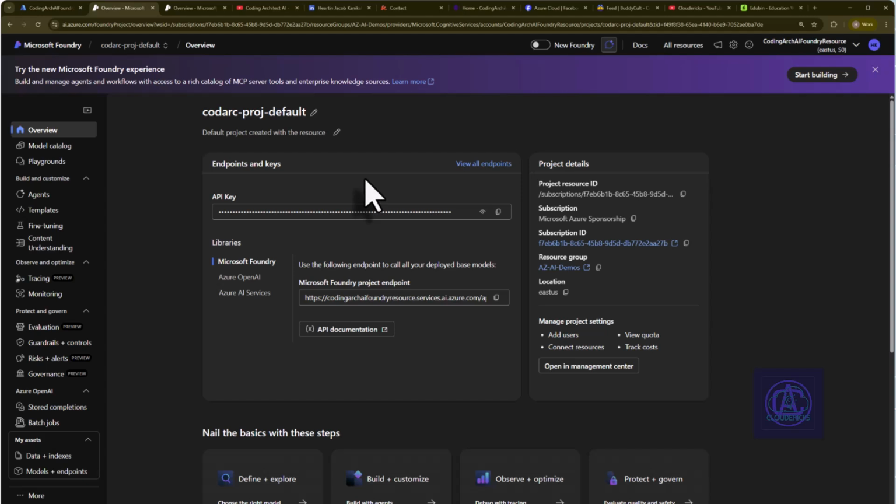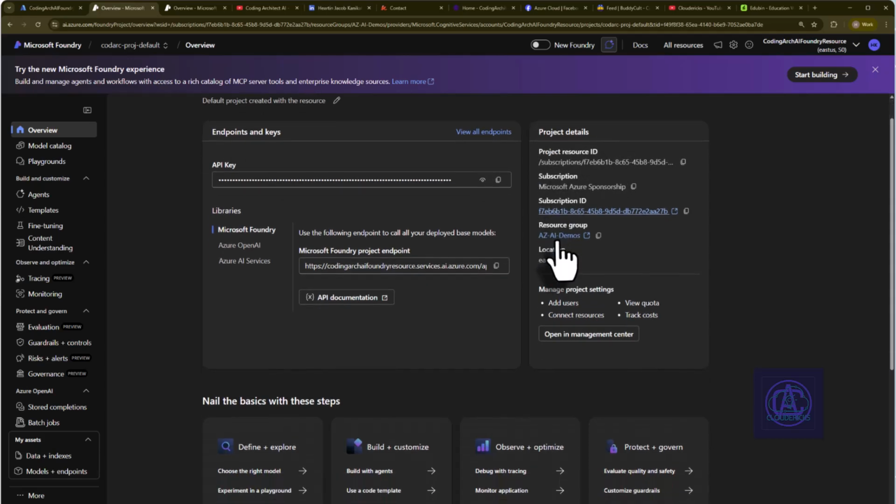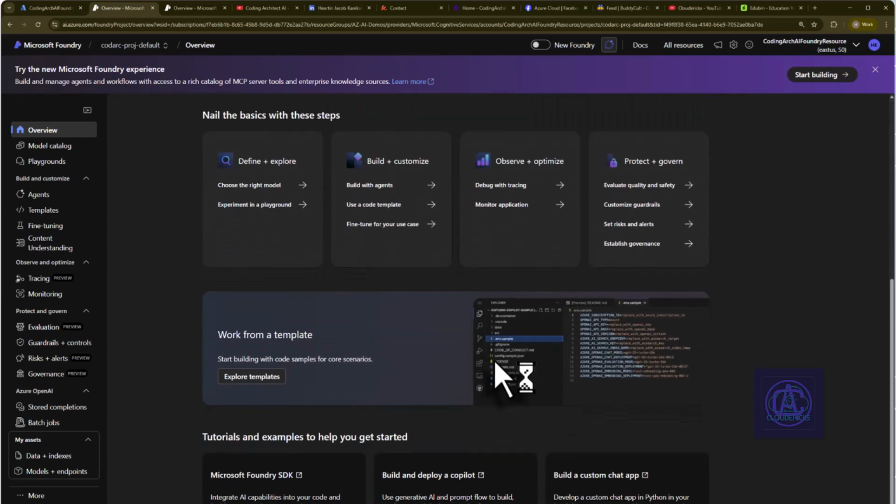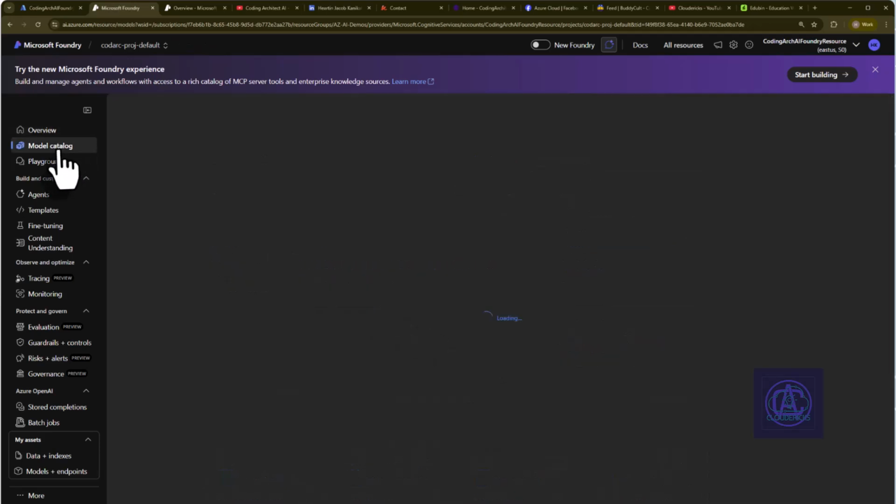So here we are in our Foundry portal, and this is the current experience. We also have a new Foundry experience. There is a banner also here. The new Microsoft Foundry experience, build and manage agents and workflows with access to a rich catalog of MCP server tools and enterprise knowledge sources. And in the current view, you have overview where we can see endpoints and keys, project details, and some other links. Then you have a model catalog